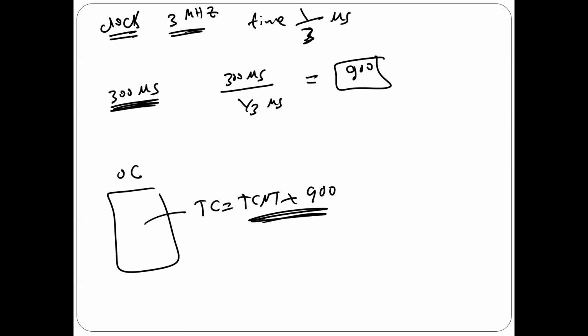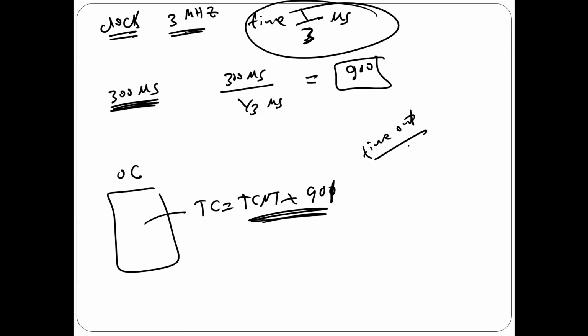Very simple, very easy. Why is it beautiful? Why is it very interesting? Simply because, look, I can increase this time very little, by 1/3 microsecond. For example, if I say 901, I'm talking about the timeout, the time for interrupts. I can even increase it a little bit. So I have much more flexibility than what we did in RTI. That's why I'm saying this one is more interesting than RTI.